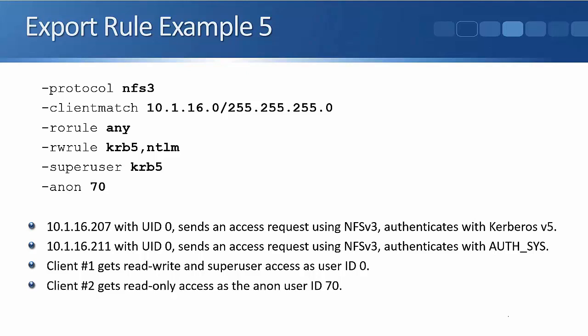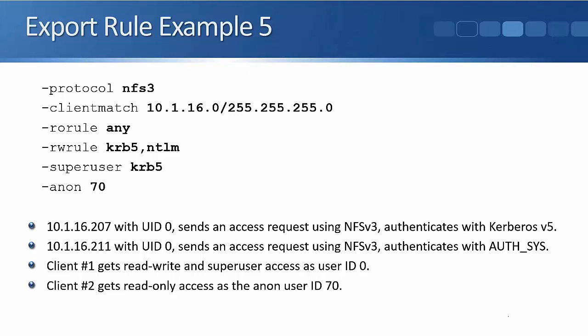A client at IP address 10.1.16.207 with UID 0, so coming in as root, sends an access request using NFS version 3 and authenticates with Kerberos version 5. Client at 10.1.16.211, also with UID 0, sends an access request using NFS version 3. It authenticates with sys. Looking at the first client, the read-only rule is any, so it will be granted at